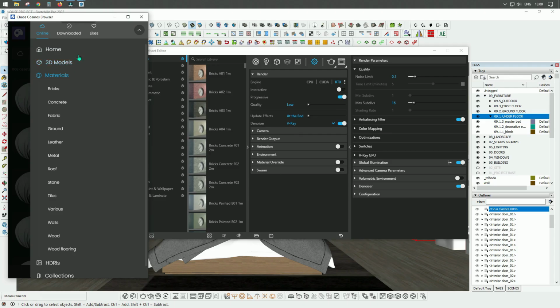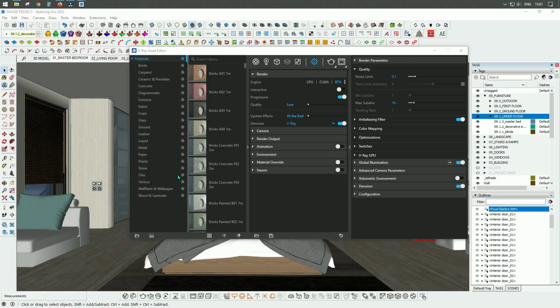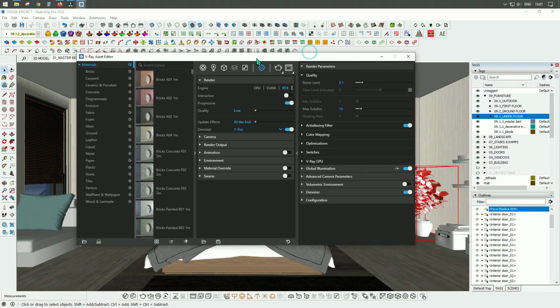Let's say that in Cosmos you have an ability to use additional materials. You have bricks, concrete, all the materials are listed here in this library. And now let's start with adjusting some settings in order to produce our first rendering